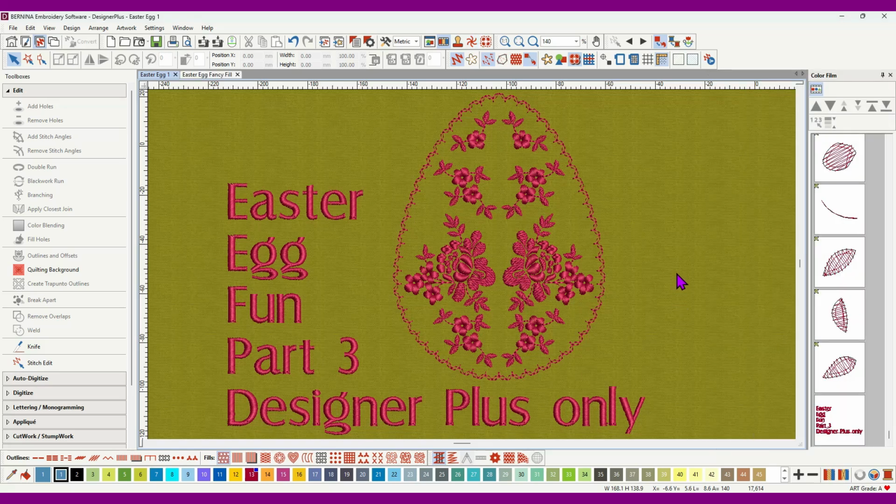Okay, so the design I had right at the beginning in part 1 in blue, I have changed to a very bright pink on a lime green background, just to show you that you can get different effects using different colours for a start. Now this egg is quite large. Let me just select that part of it, which, I've got it all grouped, so that's the whole egg. And it is 85 wide and 116.5 millimeters tall, so it's a large egg, mainly because I wanted to use these